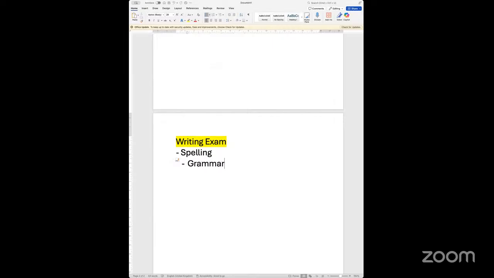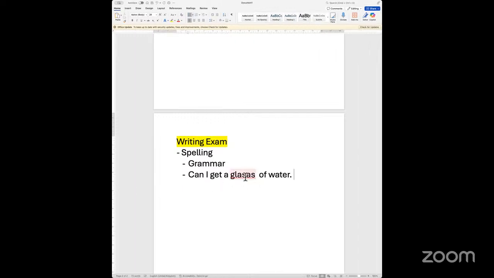The second component that you are going to look at when you're doing the writing exam is your grammar. Because when you write sentences or create paragraphs of sentences and convey text, the meaning of the text that you're actually trying to convey should actually make sense. For example, I might say, can I get a glass of water? Right? Now, when I'm typing, because I'm a very fluent typer of words, I don't look at the keyboard while typing. So I can make mistakes, but obviously in the Word document that you see on your screen, any mistake on spellings is highlighted by Word essentially.